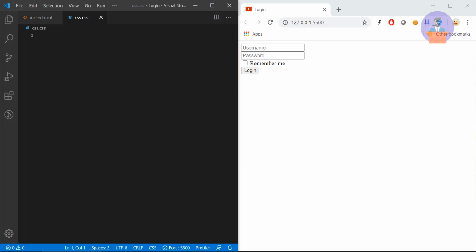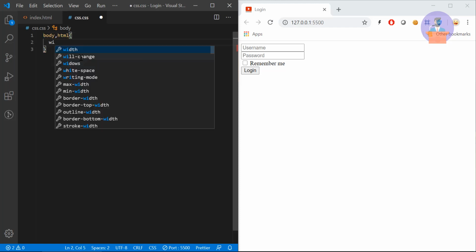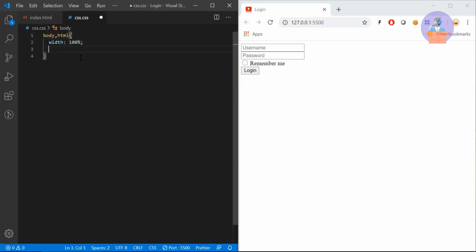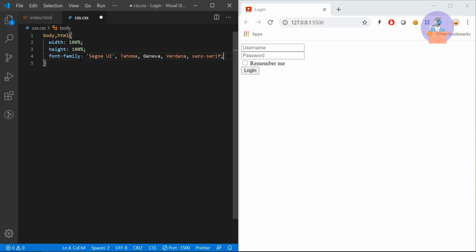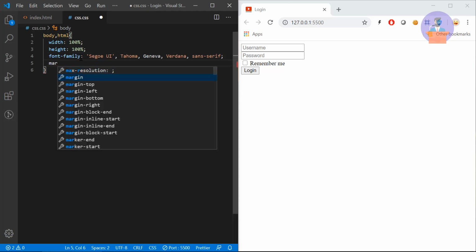Inside our CSS file, first I'm going to clear my body and HTML default settings. I will write body, html, and provide width as 100% and height as 100%, and I will use a font family, and reset the margin to 0.